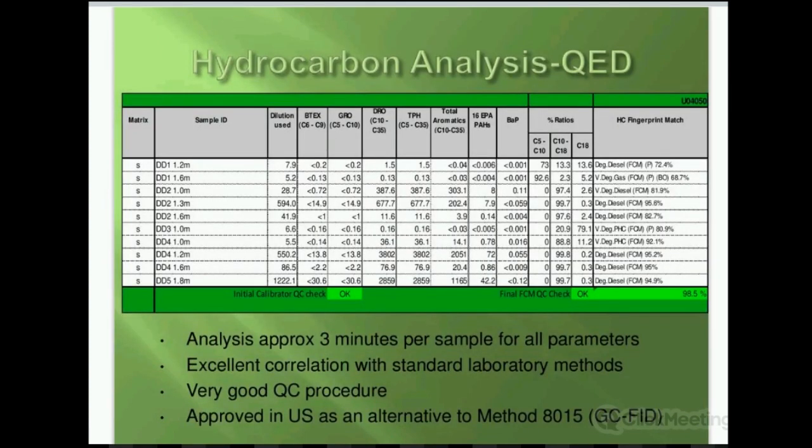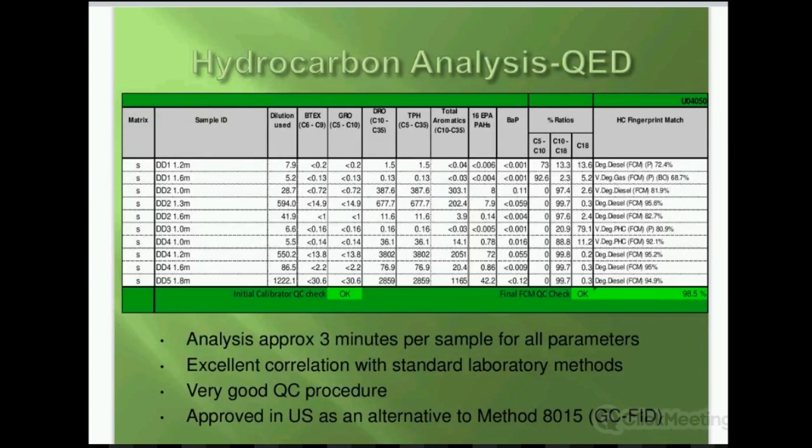So I'll give you a quick example here. This is the data output from an on-site analyzer called a QED HC1. So you can see here you get total BTEX, total GRO, total DRO, which gives you TPH, total aromatics, that's the C10 to C35 total aromatics, some of the 16 EPAs, which are actually the C10 to about C22 aromatics, and benzo[a]pyrene. It also gives you potential carbon chain, so carbon number proportions, and it gives you, and this is